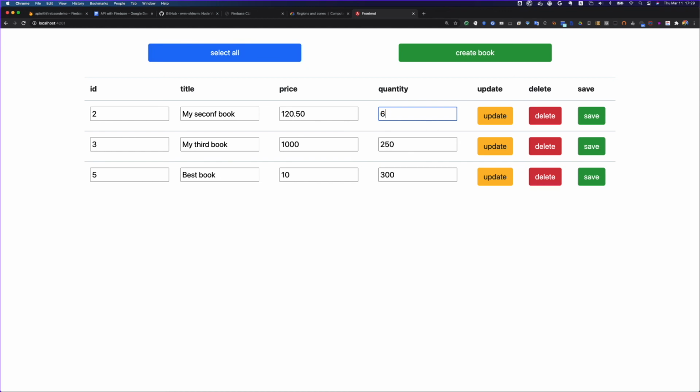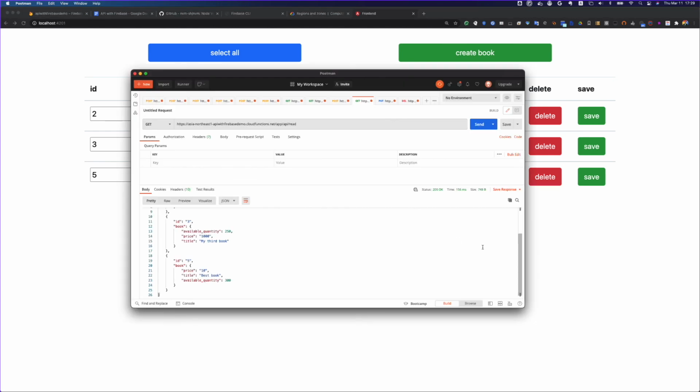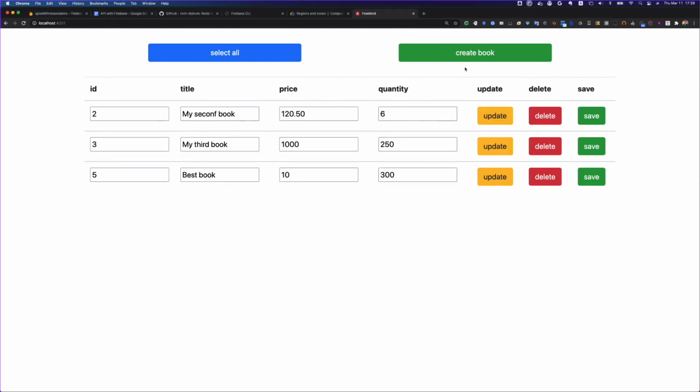So let's change it to 6 and update. So it's updated, and let's confirm whether it's properly updated or not using Postman as well. Here you can see the number 2 is updated to 6.